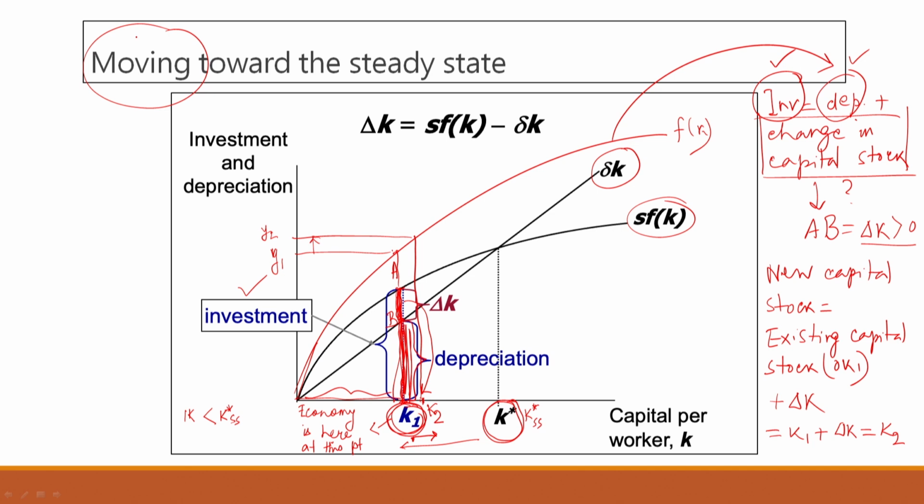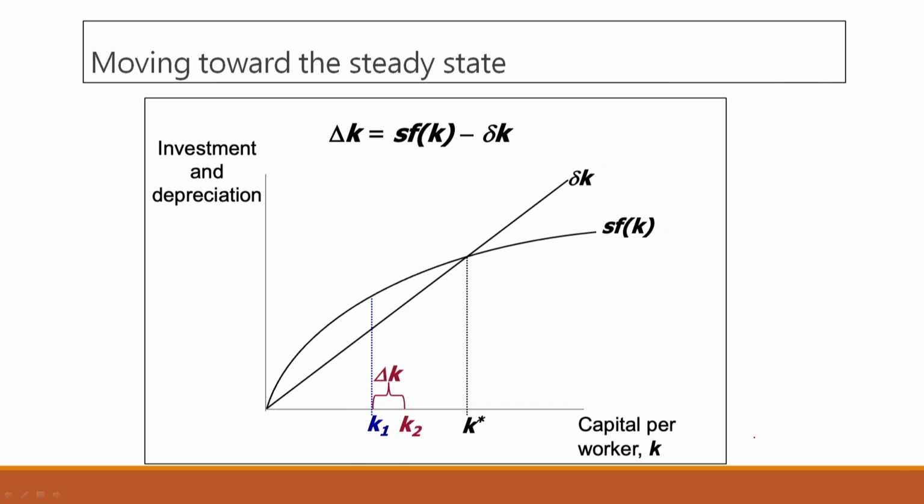Okay. What is going to happen at the next step after the economy has reached K2? Well, K2 is still less than K star, right. So, it is still at a point which is below the steady state. So, what we had said or written about K and delta K, the same thing applies here as well, right. So, just moving to a neater diagram here, this is our K2 now.